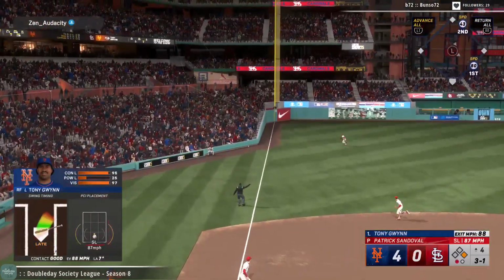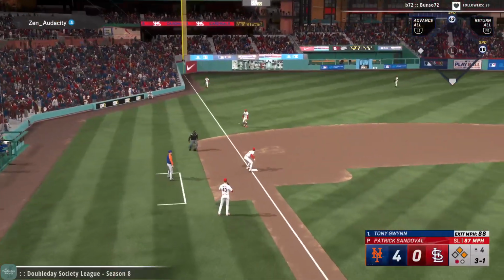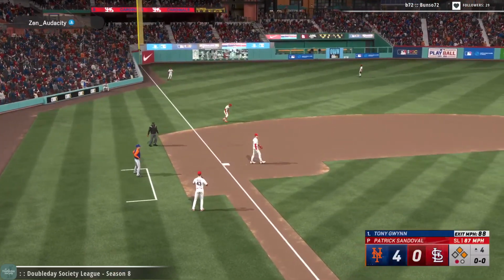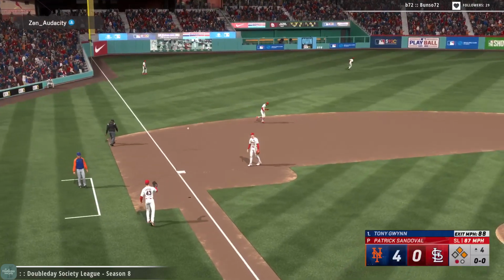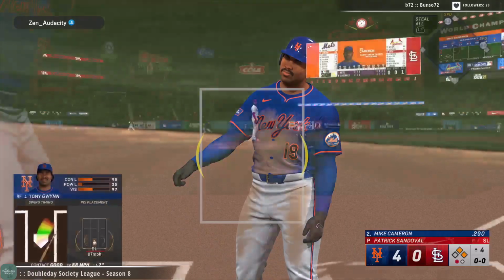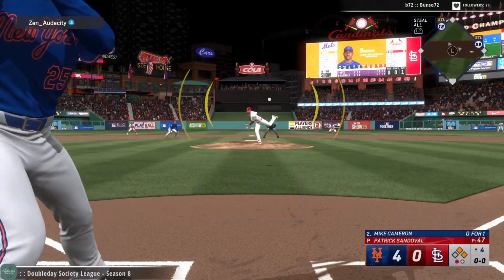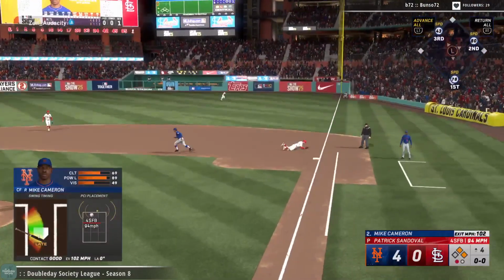And it stays fair. Edmonds hustles it back in. Lead runner holds at second base. First and second with one down. Well, patience and discipline paid off right there as he got into an advantage count. Showed a willingness to drive that pitch the opposite way. Didn't get jumpy, didn't try to...